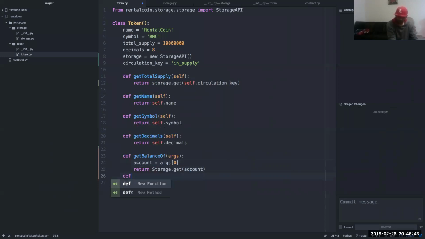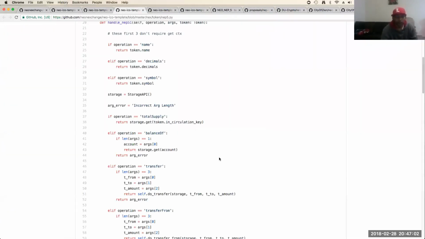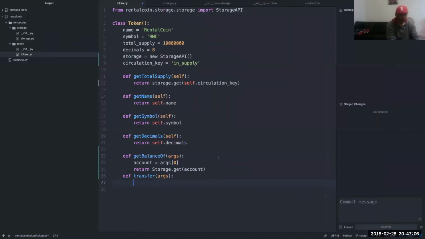So also we need, let's see, got decimals. Get transfer args. So we have to, from, amount. That's what I thought. We got 2 is the first argument in the array.